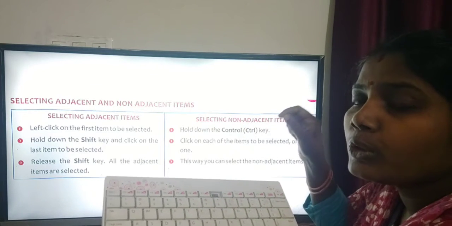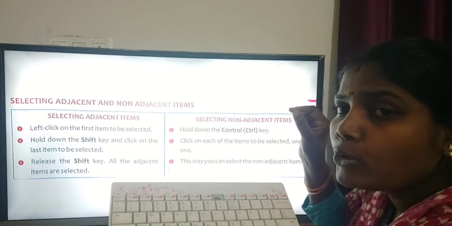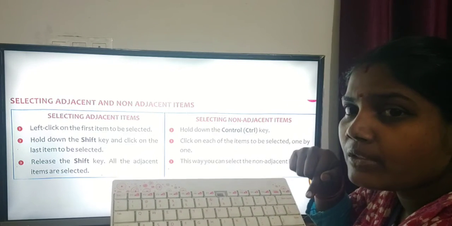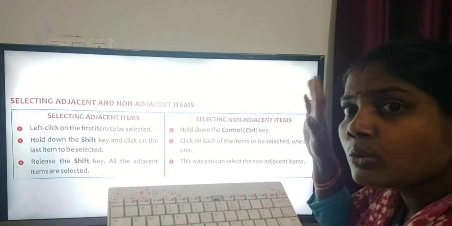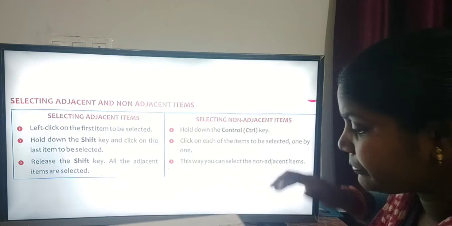So we select the first icon, keep the pointer on it, and press the Shift key to select all the icons, all the applications.